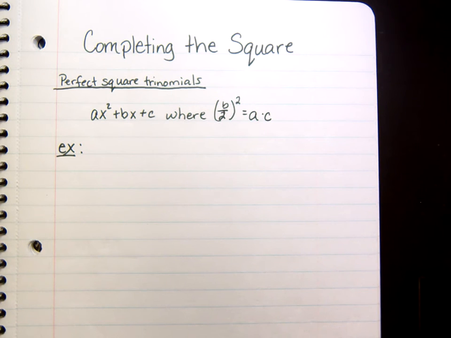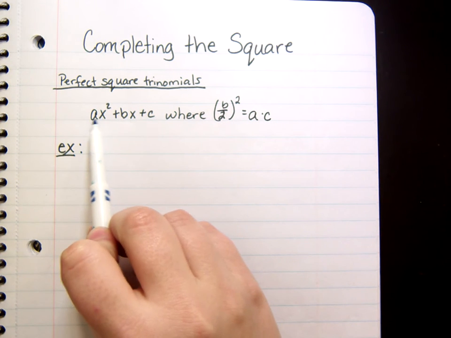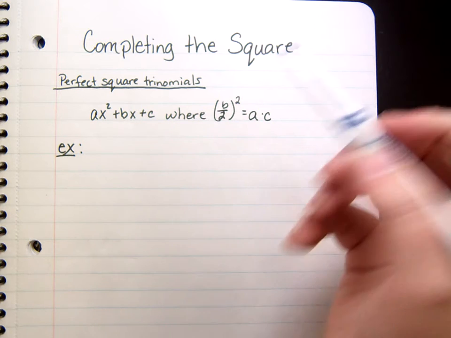In this video, I'm going to show you how to convert between standard form and vertex form of a quadratic. This process is called completing the square. But before we get to that, I want to talk about perfect square trinomials because it's part of the step to completing the square. Now, a perfect square trinomial is a quadratic, ax squared plus bx plus c, where if